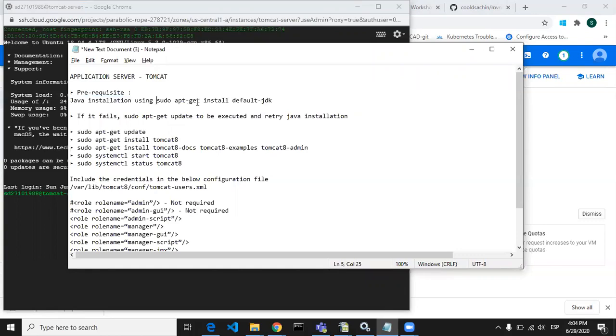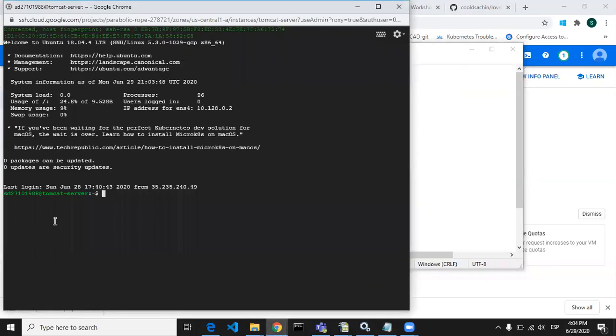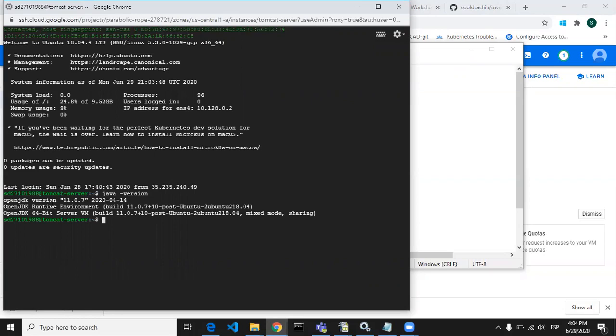So for that you have to run the sudo apt-get install default-jdk command, so that the JDK will be installed on your server. After running that command, you just have to check the Java version. You can see Java 11.0.7 is already installed on my system. So you can check whether Java is installed or not with the java -version command.